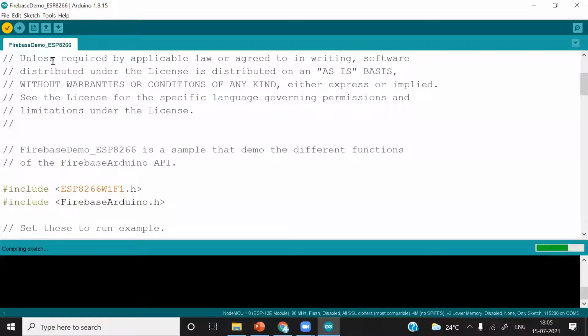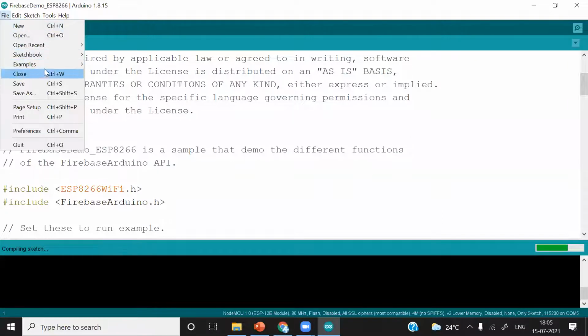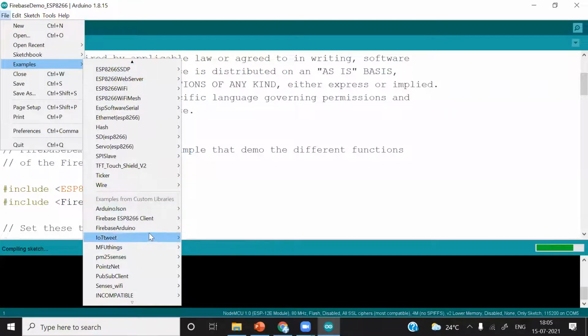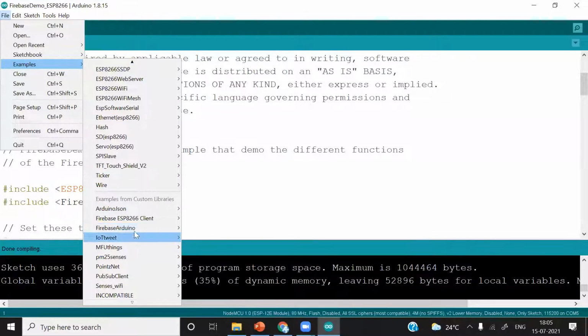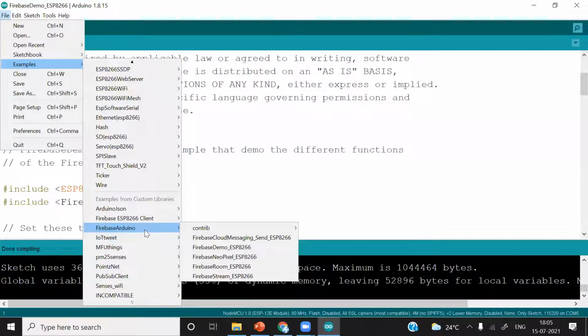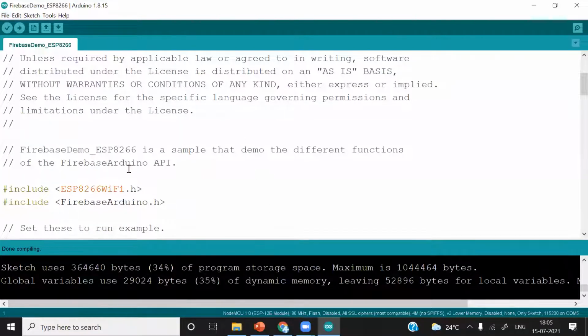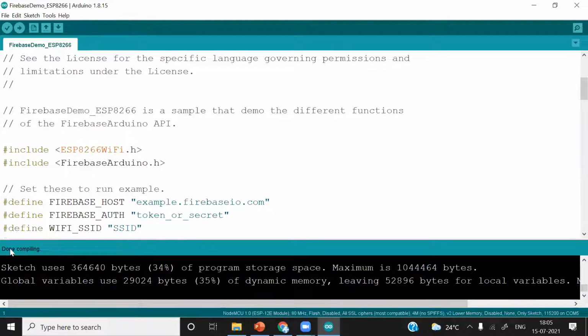While it is compiling, I will again show you where to take this example. Just go to File, go to Examples, Firebase Arduino, and select Demo. The Firebase Arduino example will be added when you install this library. Now compilation is done. That means all the required libraries are installed properly.